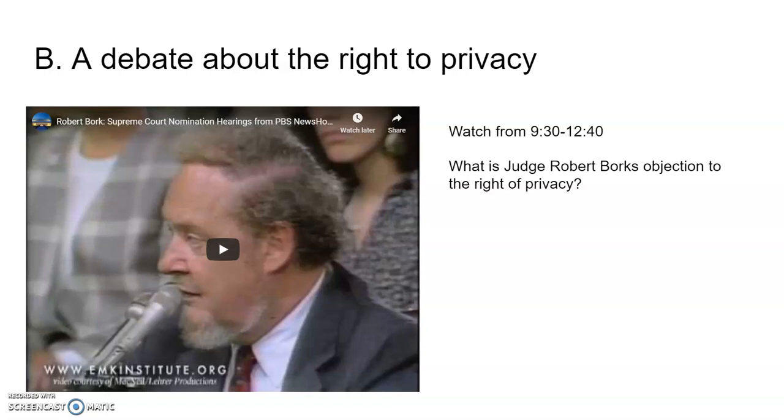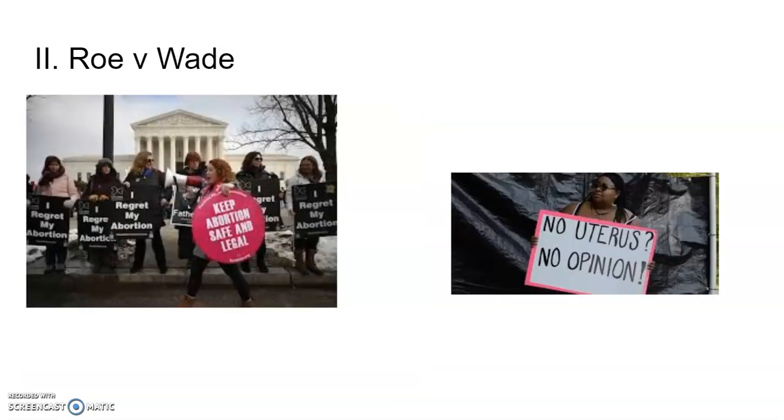What does that mean? Joe Biden is saying, look, we need to have the right to privacy because otherwise the government could have wiretaps, and they could be listening in, and find out that people are using contraceptives. They could invade the bedroom and arrest couples, and that would be a great travesty. Robert Bork said it's laughable that any judge would give a warrant to invade someone's bedroom, but it's a good debate on the issue of the right to privacy.